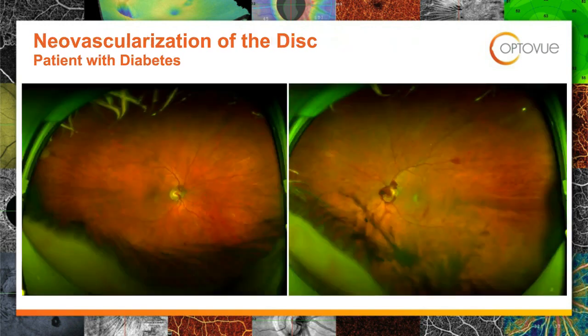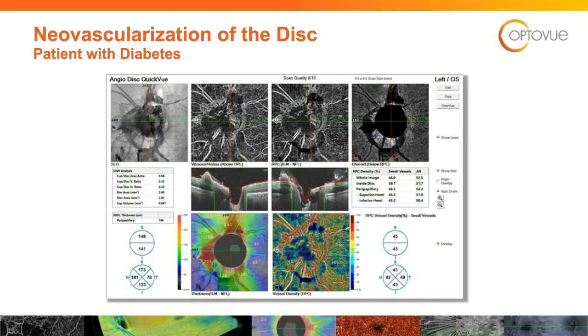Here was a neat patient that came in. This was neovascularization of the disc. This patient is with diabetes. Long story short, he stopped his diabetic insulin medication to try to increase his blood sugar to help him put on weight. If you look at the right eye there, it looks pretty good, but if you look at the left eye, there's some hemorrhaging. Is there neovascularization going on? So I just asked my technician to get me an angiogram of the disc, and you can see on this, as we go to the middle two pictures here, you can see the nice florid